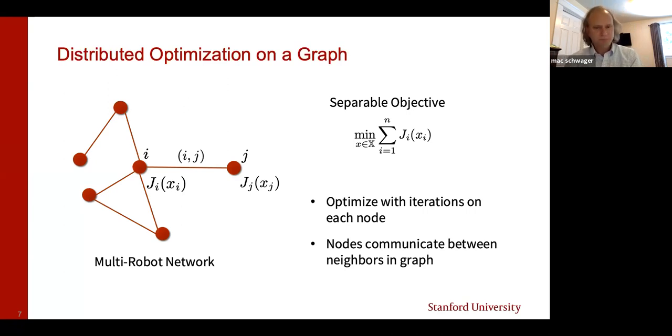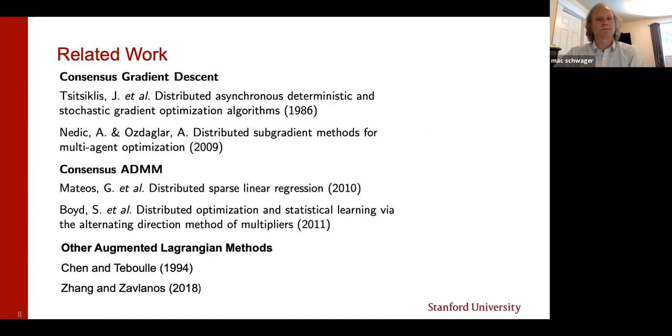The kinds of algorithms that I'll be discussing are iterative in nature, as are most optimization algorithms, right? Each node computes some kind of small scale optimization using its own component of the global objective, and then communicates the resulting decision variables with its neighbors, and then receives that same thing from its neighbors and computes again a small instance of an optimization, and so on. So keep in mind that the algorithms always have this flavor.